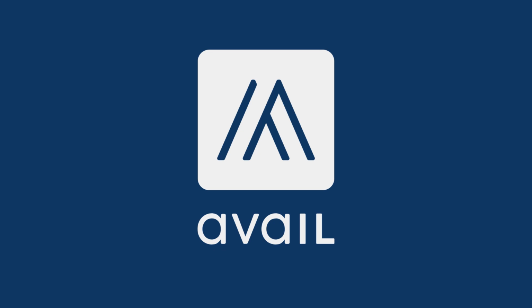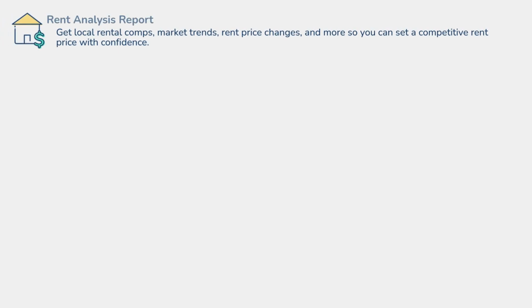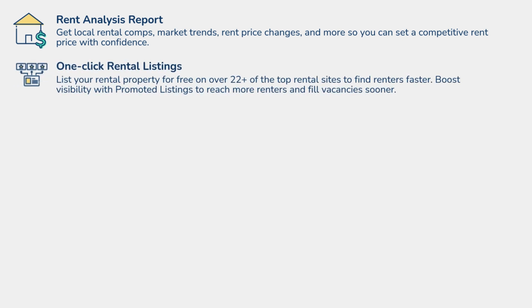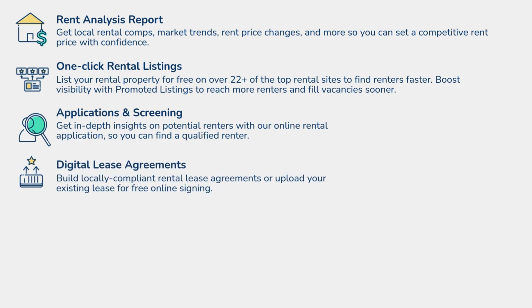In this video, we'll be covering what Avail is, who uses Avail, as well as some of the key features within the platform. Some of the main features Avail is used for are rent analysis reports, so you can set a competitive rent price, listings, so you can get your property rented fast, applications and screening, so you can receive applications and screen prospective renters to ensure you're choosing qualified tenants, leases, so you can close the deal securely online,